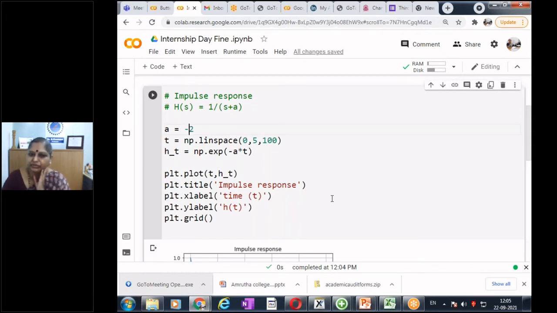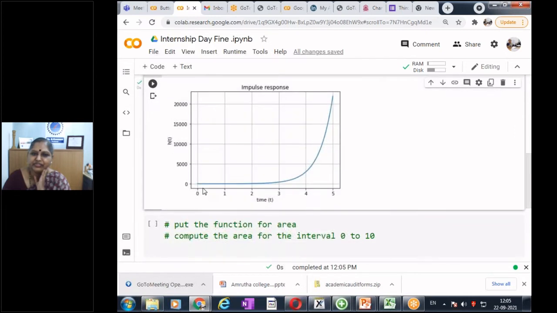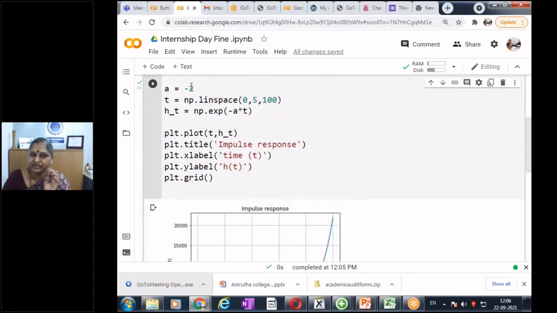Run it for A equal to minus 2 and then what happens? Yes, thank you, Lakshmi. So when we run it for A equal to minus 2, see how it went off. It went from 0. We went only up to 5, and what's the value? 20,000. And imagine I go to infinity, it will become very high, and we know that the system is unstable.